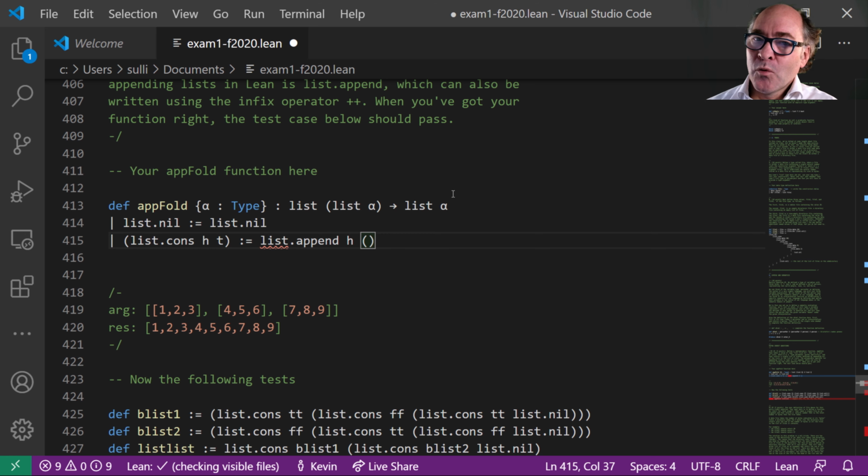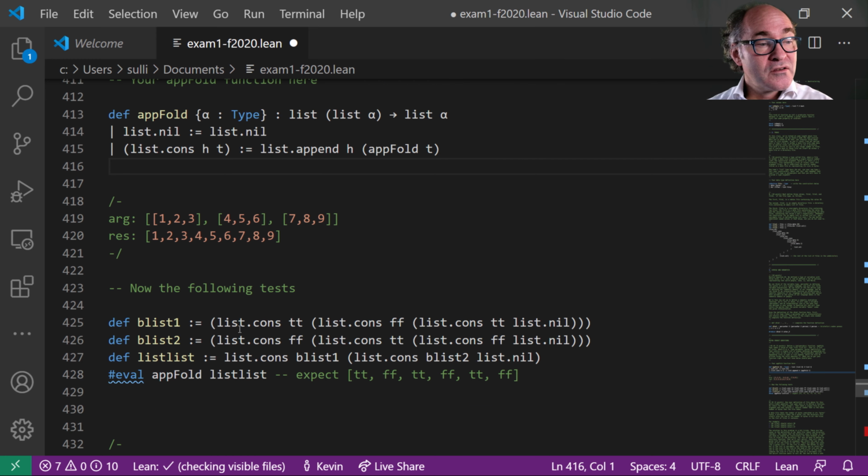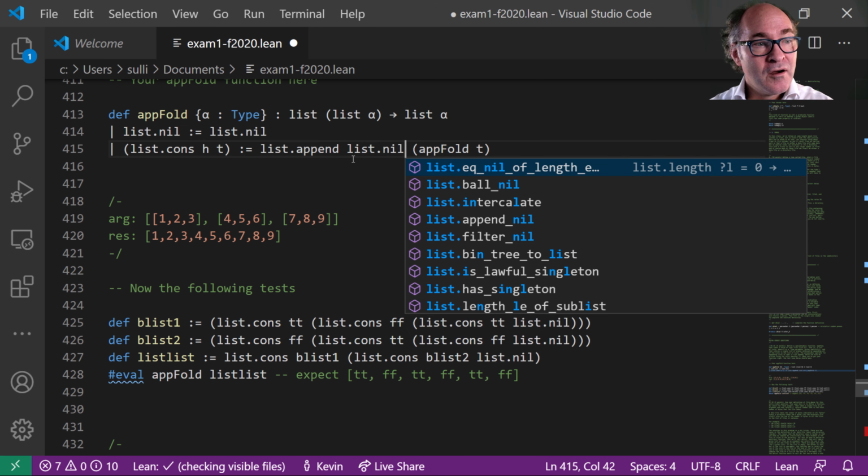Whenever I have a complex term involving several pieces, I always include them in parentheses. I can use AppFold here to reduce T to a single list. And that's the answer. And look at this. Once we did the right thing here, our test case passes. Right? If I had put list.nil here, it would type check, because all I require